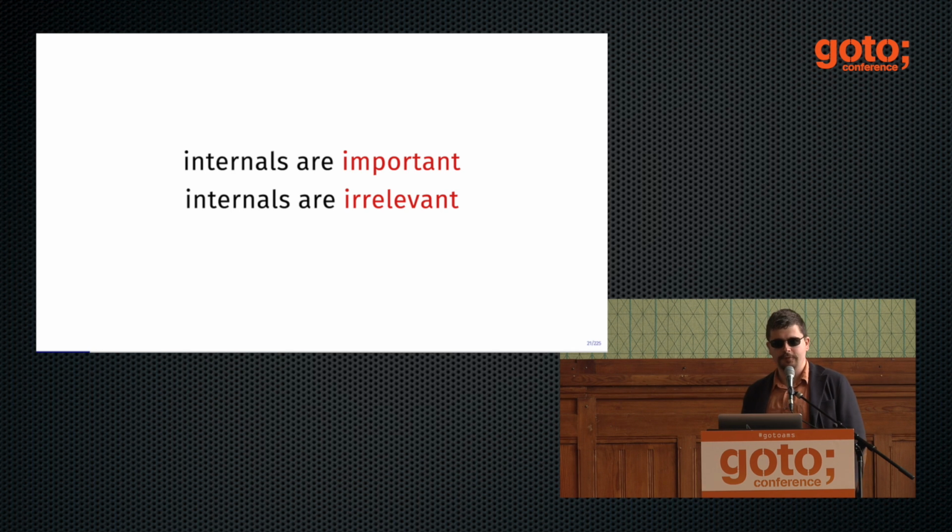So there are 2 points of view here: that internals are important and you really need to know them, but there is also a point of view that internals are completely irrelevant and you don't really need to know them. And both of these are valid. So I don't want to try to persuade you that you need to know everything that happens within those many lines of C++ code. But you need to have the understanding on a very high level, because when it actually matters, it matters a lot.